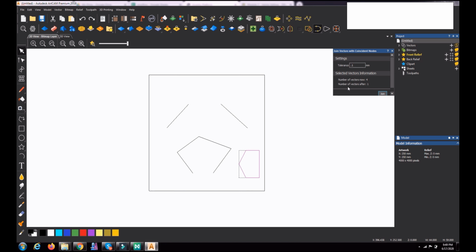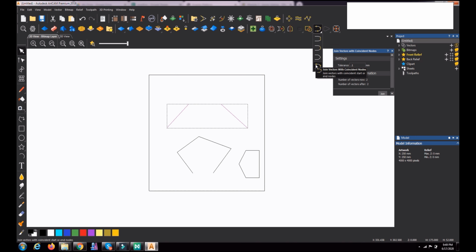After joining, it will be one vector like this. So in the joining vectors option, you have this last command.